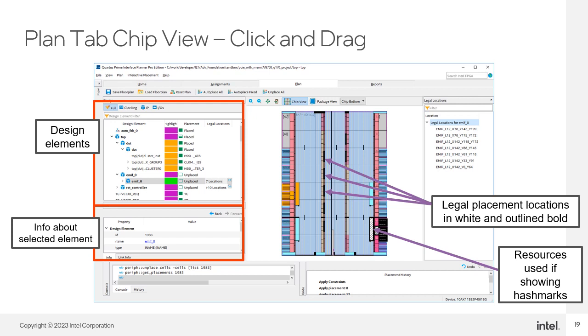Interface Planner will list your interface design elements in the top left panel. Information about any selected design element will be listed in the lower left panel. Legal locations are shown bolded in black in the main chip view area, and if any of those locations are used, then the area will show hash marks. You can drag and drop an interface element to a valid location in the main chip view to make a